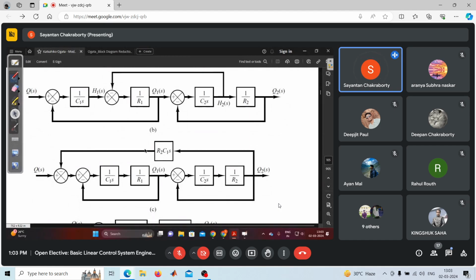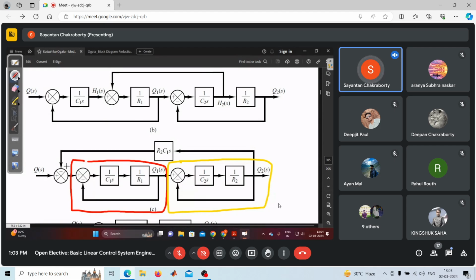Now this can be re-altered in this fashion. তাহলে কি হচ্ছে দেখো, এইটা একটা ইন্ডিভিজুয়াল লুপ তুমি পেয়ে যাচ্ছ, এটা লুপ, আর এইটা একটা লুপ, ঠিক আছে। আর এই যে বাইরেরটা সেটা কিন্তু দুটো লুপের বাইরে দিয়ে আছে, ঠিক আছে।